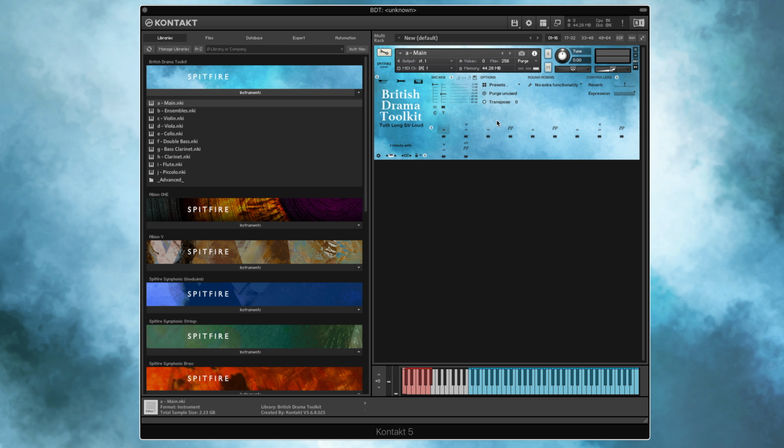Underneath the Purge Unused option, we have a Transpose option. This transposes the playable range of the instrument. Please note that it doesn't actually transpose the samples, it transposes the playable range. So for instance, if I take our phrase from before and play that transposed up one octave,